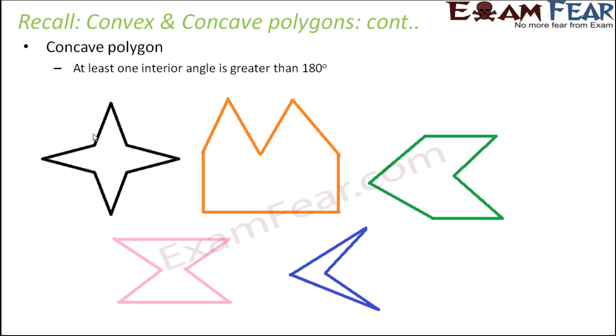So when you look at this, what do you see? Here you see these angles 1, 2, 3 and 4. These 4 interior angles are greater than 180 degrees, whereas these 4 interior angles are less than 180 degrees. Similarly, in this figure, this is less than 180, this is also less than 180, but this is more than 180 degrees. Here this angle is more than 180 degrees, and here this angle is more than 180 degrees. Here these angles are greater than 180 degrees, and that is why these are all examples of concave polygons.